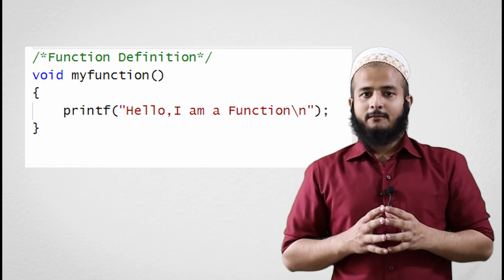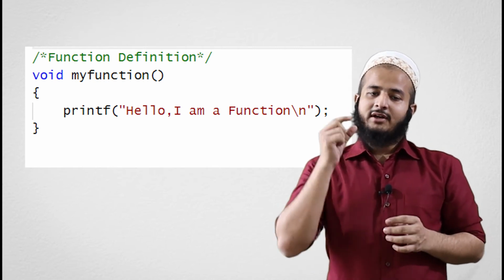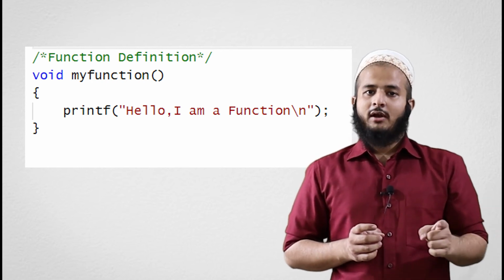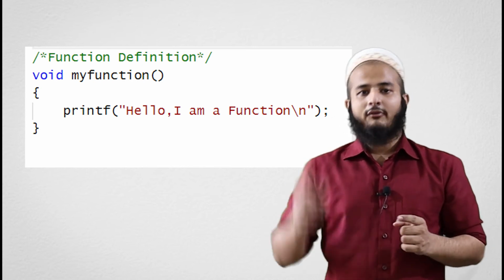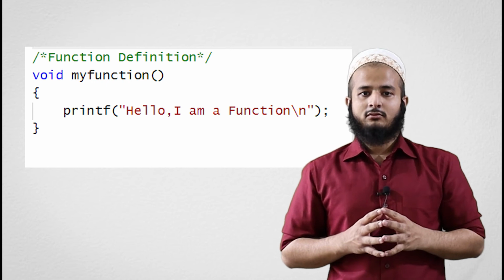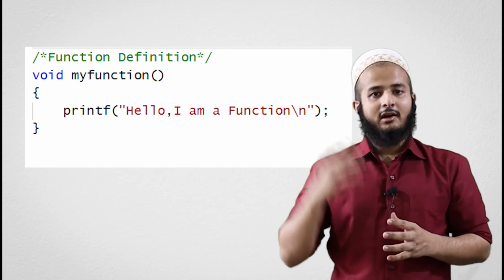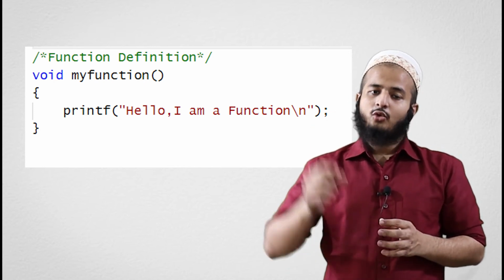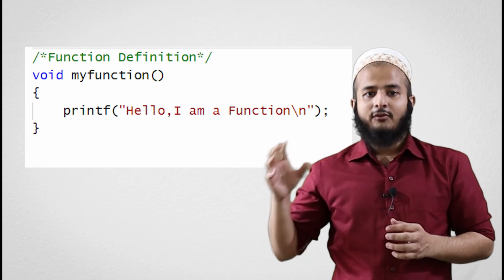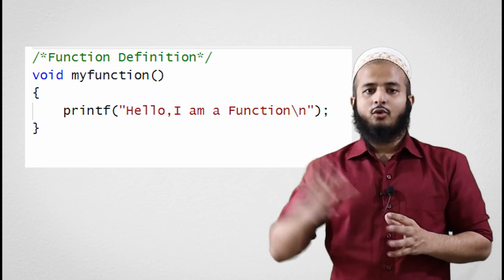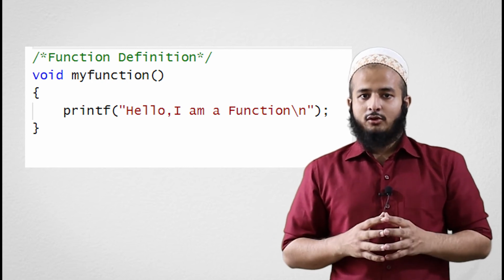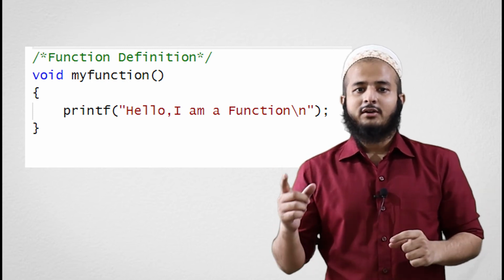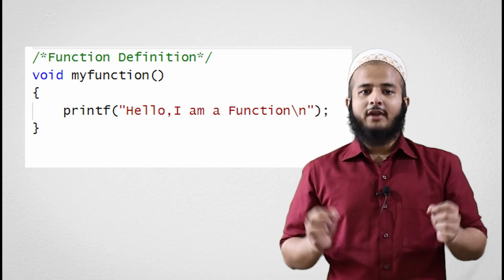In future, if you want to update that same code, you just have to change the code inside the function, and that change will reflect in every part where you have called that function. But in the earlier case, if you want to update that piece of code, you have to update manually each and every place where you have used it. But with a function, you just change the code inside the function block and it will reflect everywhere. So this is the benefit of a function.